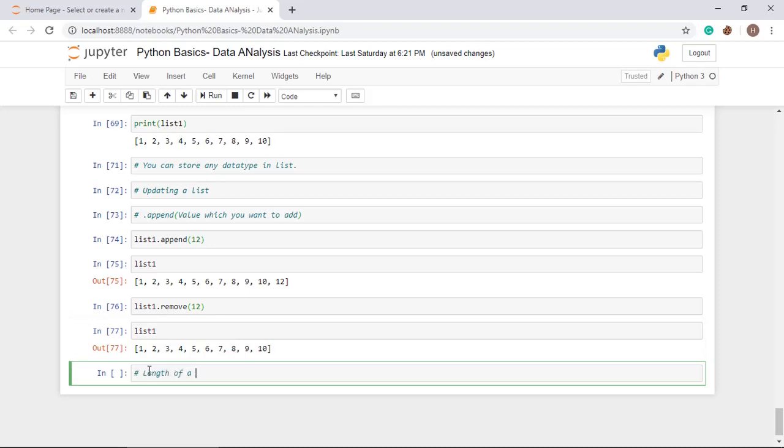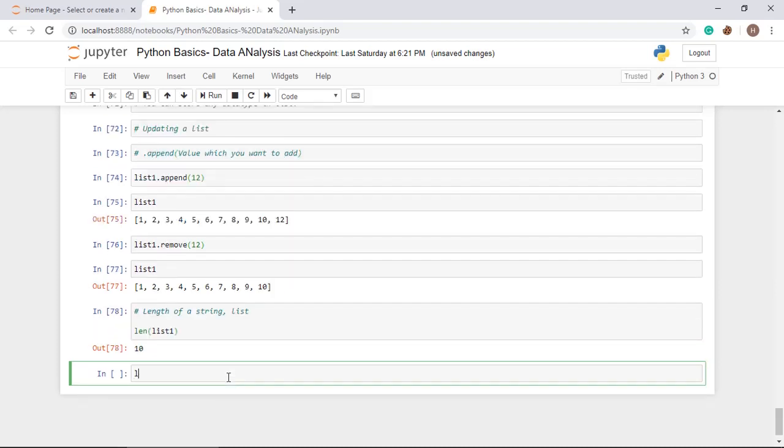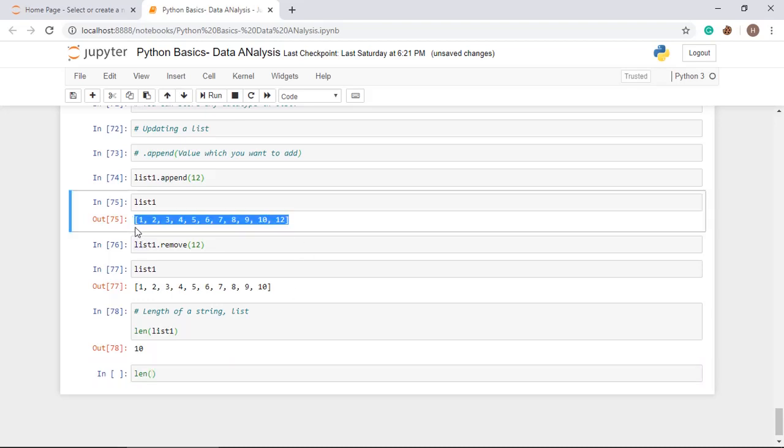Length of a string. There is a function which calculates the length of a string. You can count the length of any data type, a string or a list, by using the length function and putting the variable name, like list 1, then it will print the length.